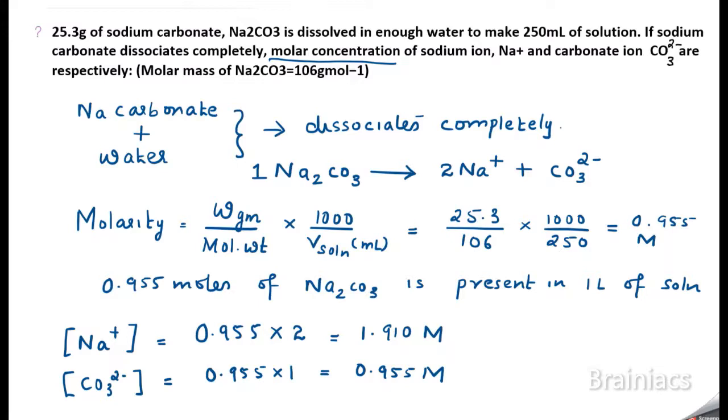Okay, I hope you understood the question. Always take care: if it is complete dissociation, identify how the dissociation happens. One easy way here is to take the 2 in Na2, which means 2 Na+ will come, and take the charge of CO3. Here we know that Na has a plus charge, 1 is there, so that's why plus is coming. And for CO3, there is only one CO3 present, that's why 1 is coming here. And here the charge is 2-, and it is neutralized. 2 Na+ means net positive charge is 2+, and 1 CO3 2- means net charge is 2-. So 2 plus and 2 minus, net charge will be equal to 0.